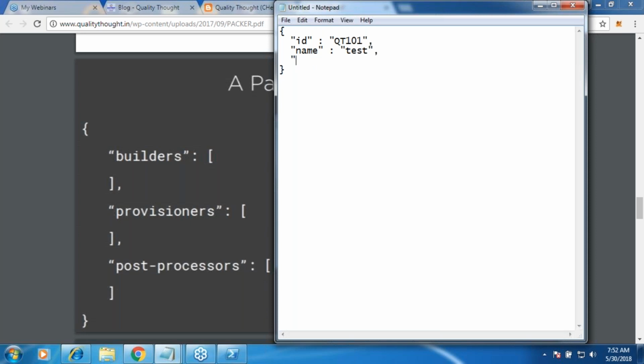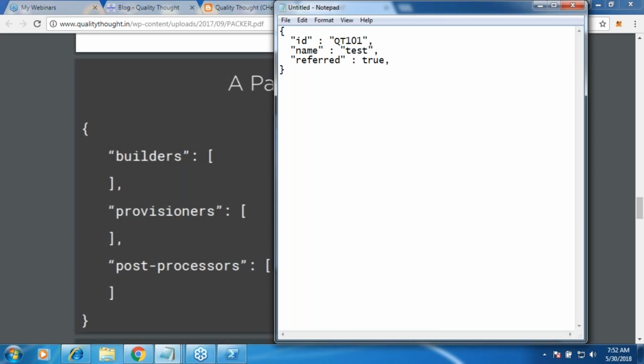Citizenship is too much, so let us write about something else. I want to write something simple now. Are you referred or not? If someone has referred you, the answer is yes or no, true or false. So I'd be writing true or false over here. My third item is done.